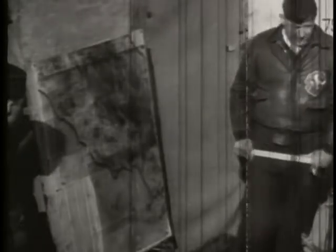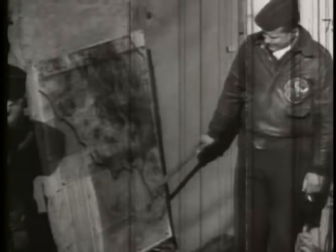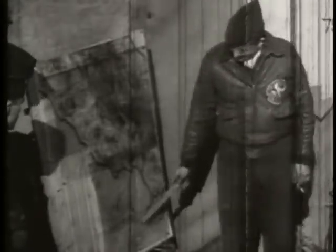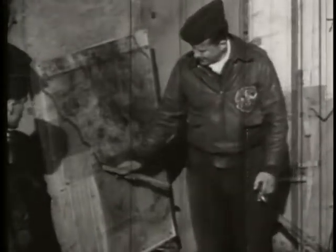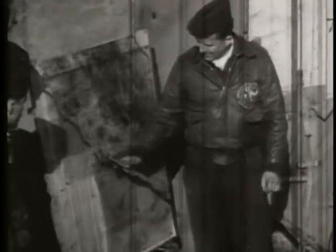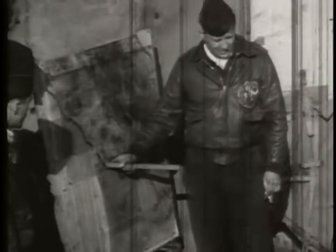H hour and D-Day was 3 o'clock this morning, and the boats took off in a course which we have marked on the map here and proceeded into the assault beaches. The beachhead itself is a small town known as Anzio, and just approximately 2 miles east of that, another small